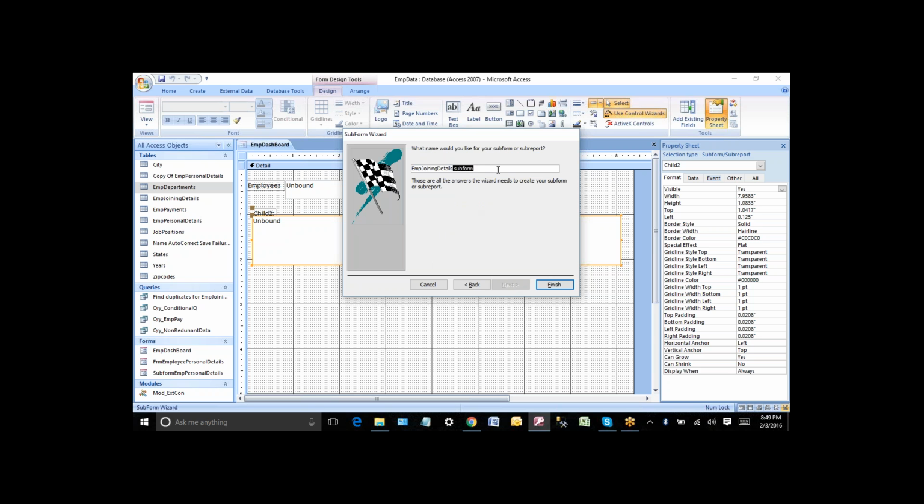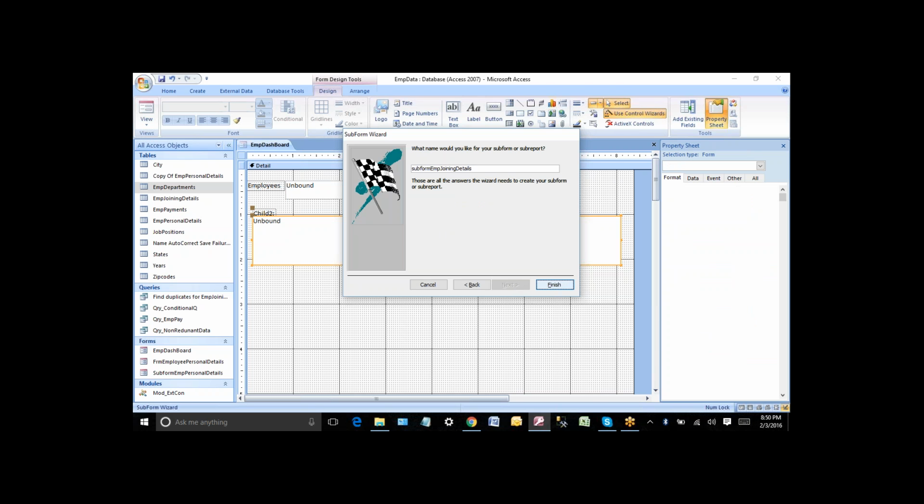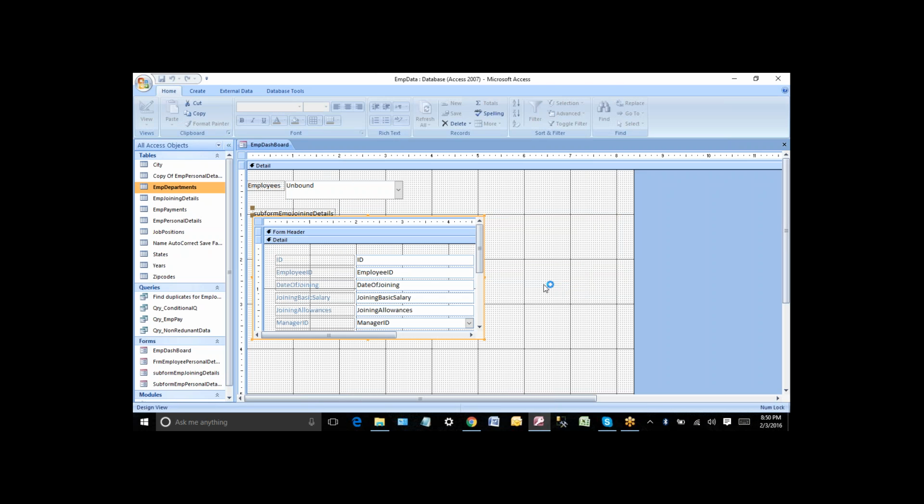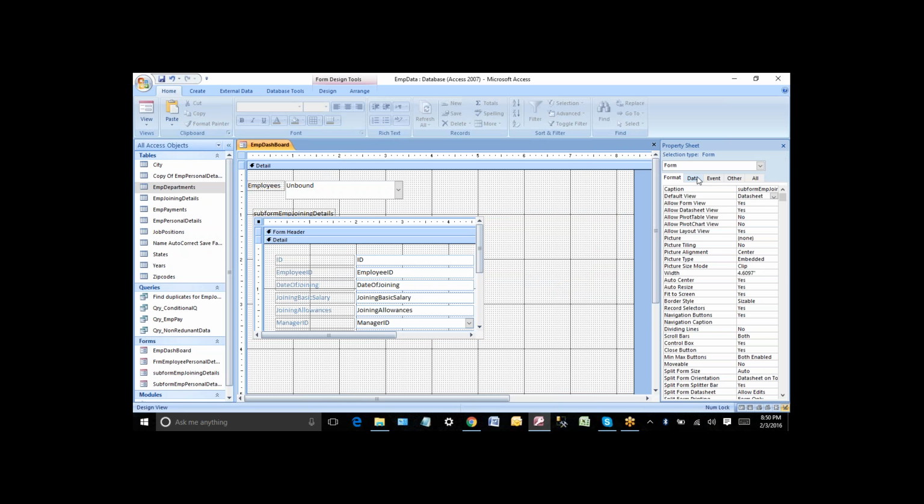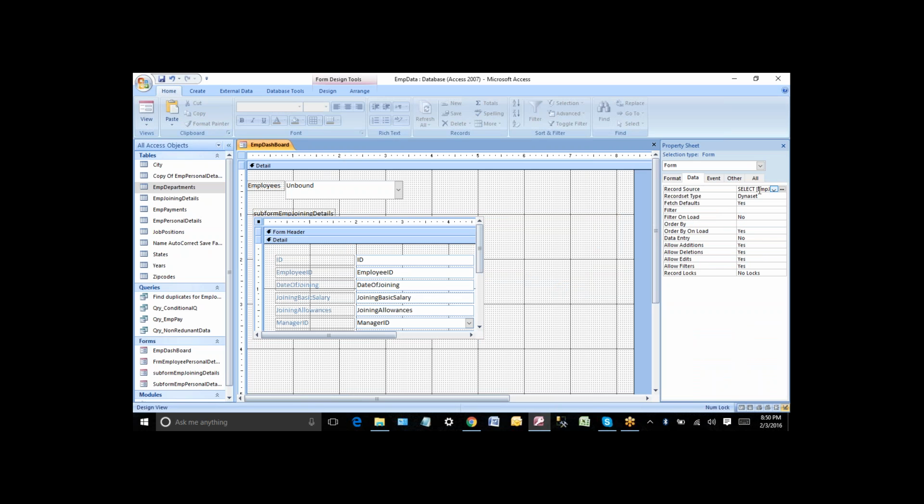and name the subform. This is very important. We need a name for the subform so that we can call it properly. Instead of query, I'm going to again select